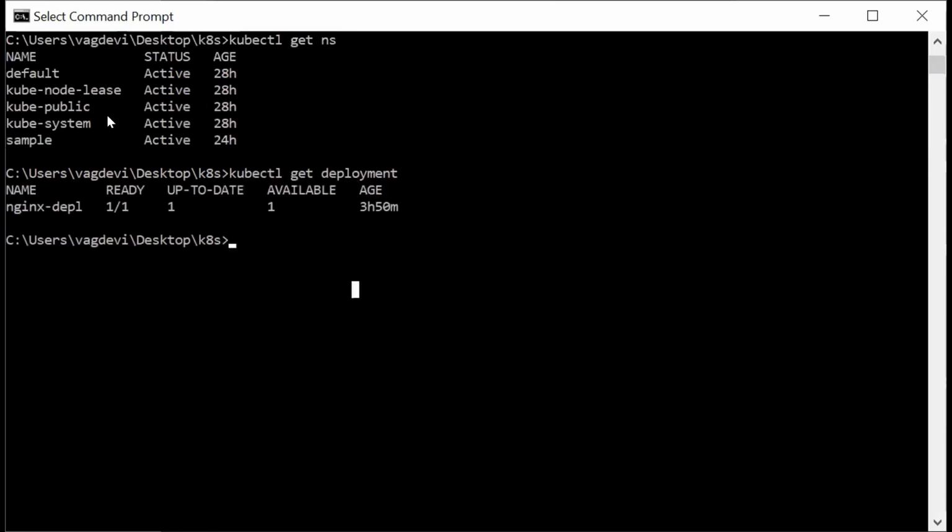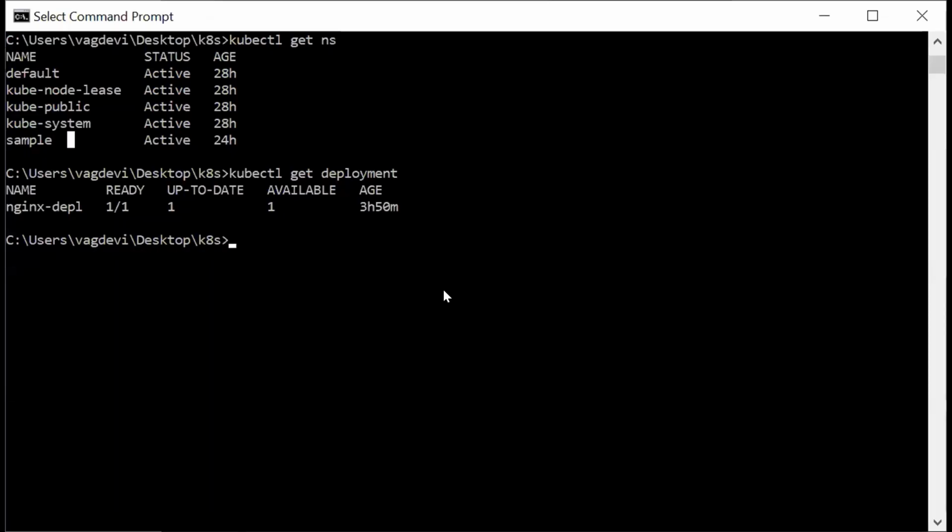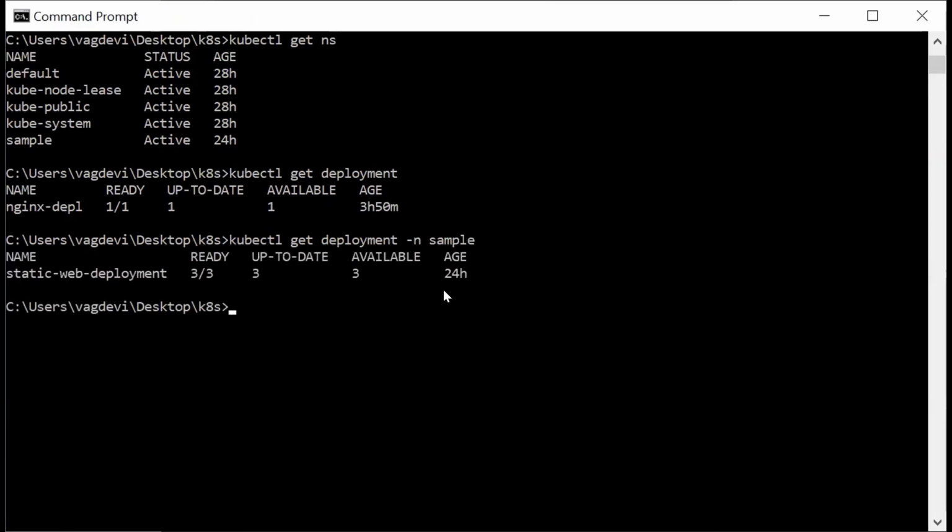Since we have mentioned that this service and deployment should belong to the sample namespace only, we have to look for these resources only in the sample namespace. Only then we will find them. So kubectl get deployment -n, indicating namespace, sample. Now we can see that this is created.